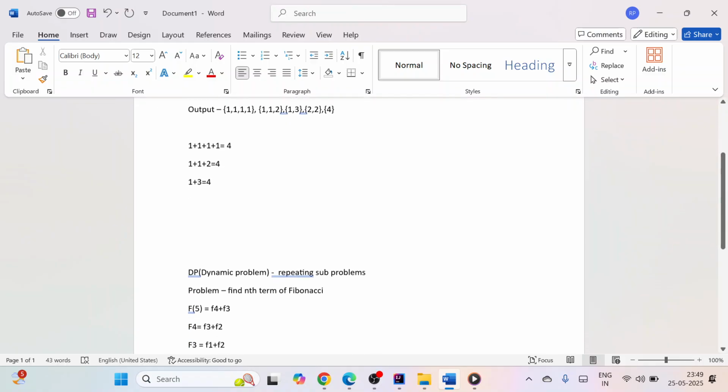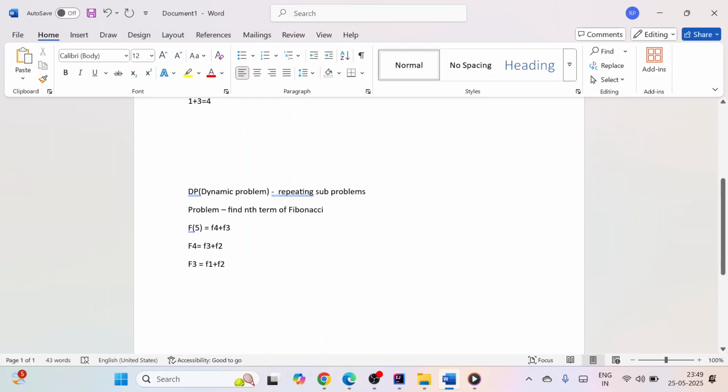But in DP, when to use DP? For DP, I'll take a simple example. I'll give a definition. First of all, you have to use DP where you are repeating the subproblems. The same problems you have solved, and for the next solution you need that subproblem solution. If you can use that subproblem solution, maybe you don't have to recalculate again. That's the way we can use dynamic programming. So I'll take one example.